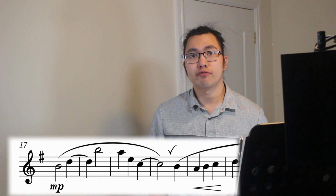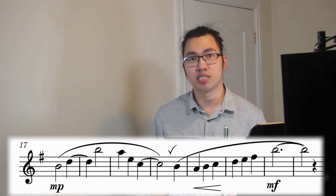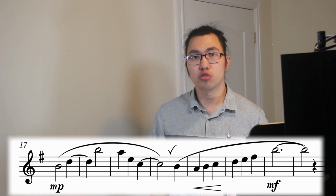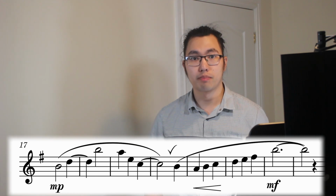This gives an upbeat for bar 21 to 24, which essentially is a scale going up, but we're missing a few notes. We're also doing a crescendo landing on an MF again in bar 23. So from bar 17,